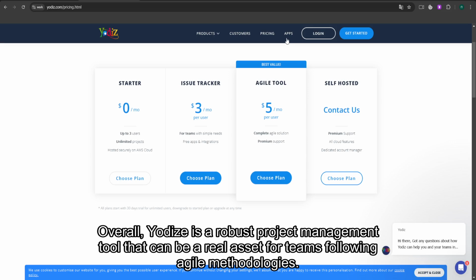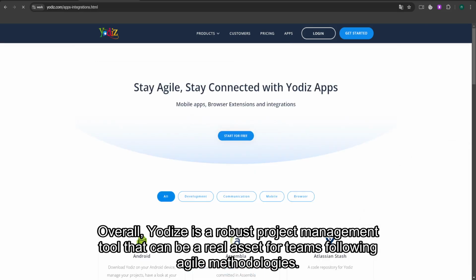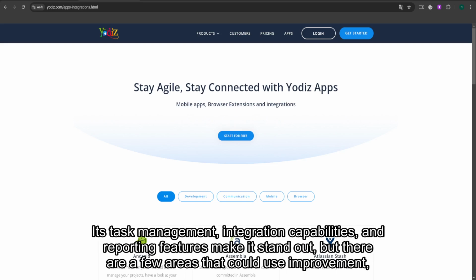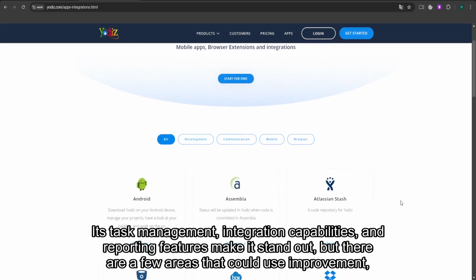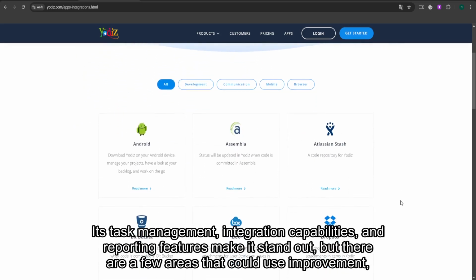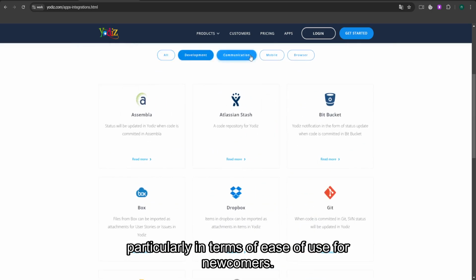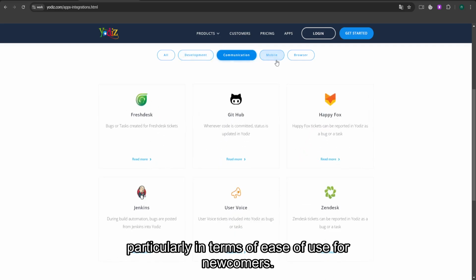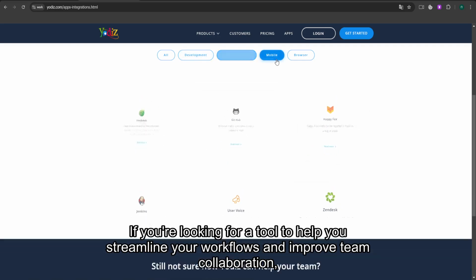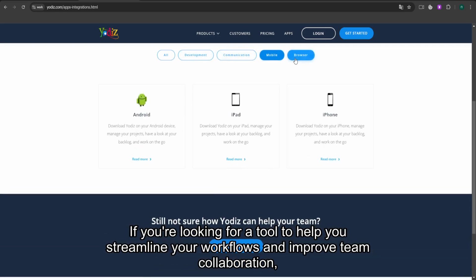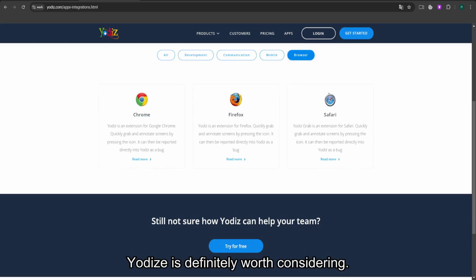Overall, Yodiz is a robust project management tool that can be a real asset for teams following Agile methodologies. Its task management, integration capabilities, and reporting features make it stand out, but there are a few areas that could use improvement, particularly in terms of ease of use for newcomers. If you're looking for a tool to help you streamline your workflows and improve team collaboration, Yodiz is definitely worth